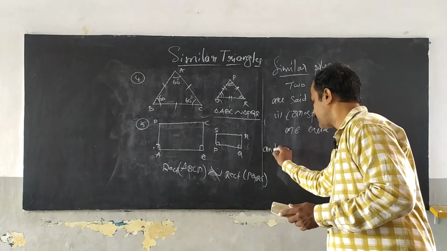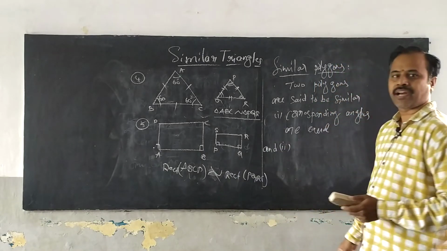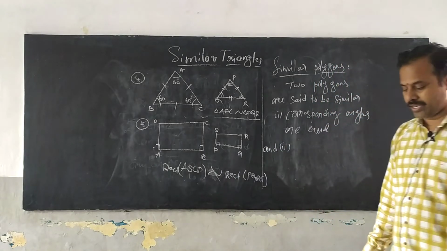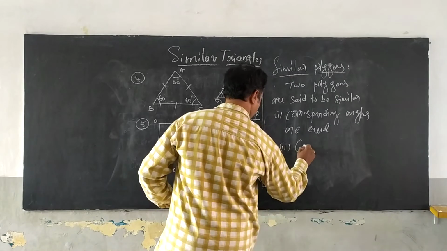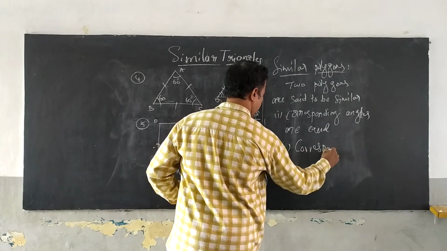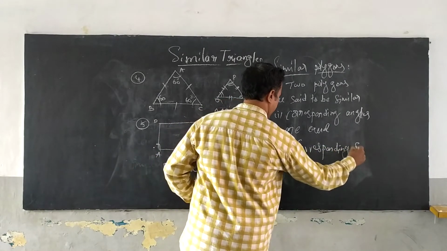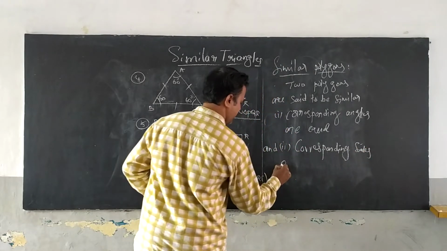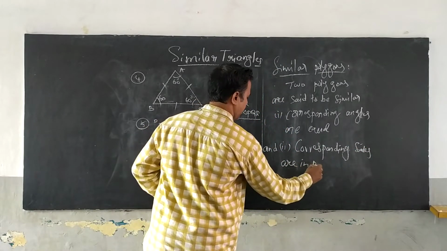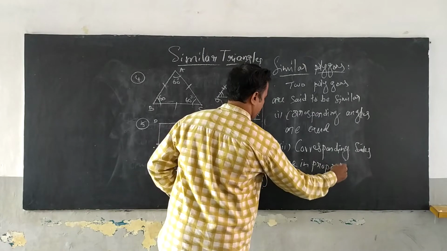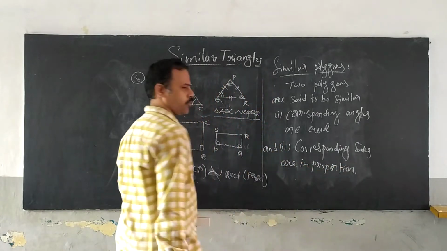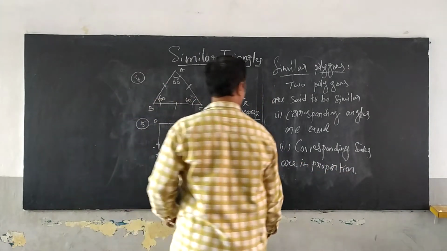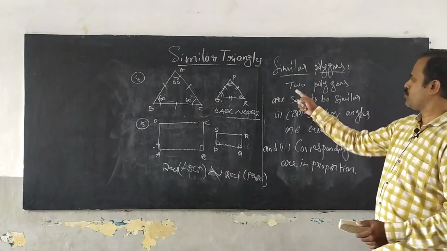And number 2: corresponding sides are in proportion. Okay guys, see, I tell you once again, two polygons